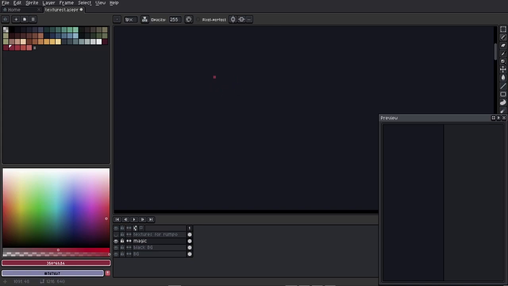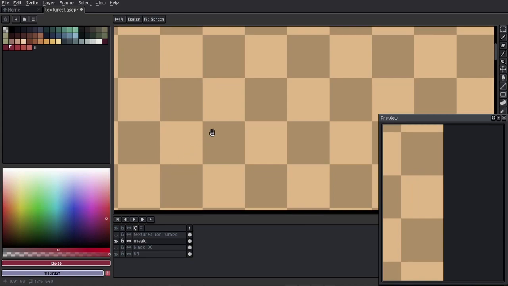I like to set up a regular, just close to black background. It's not exactly black. You can see I'll eyedropper it. It's a little bit tinted blue, but it's what's comfortable for you that matters. If you like to work on a black background, you can. I prefer it, but I do occasionally work on a checkered background, which I use to measure 16 by 16